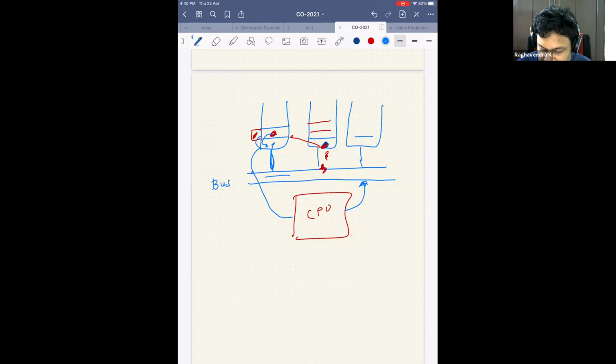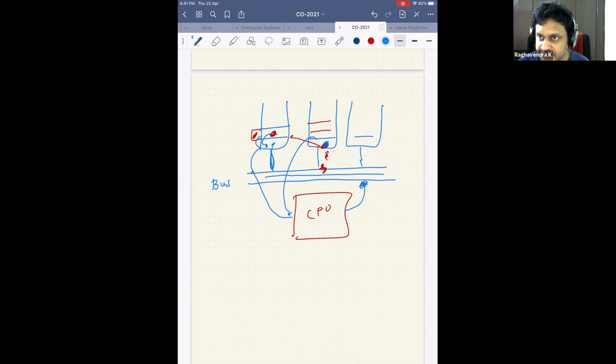It's like a train track. Everybody has put their ears on the train track and is listening whether there's a train or not. So now everybody is listening to this bus, and they'll see, okay, this instruction with this tag has produced some result. So this instruction gets activated because he's very happy that whatever he was searching for has come, and he will fetch that value from the bus and give it back to the CPU and say, now I'm ready to complete execution. So that's how it works. If it made any sense, good; if it doesn't, it's okay. But this is, in a rough way, how Tomasulo's algorithm works.